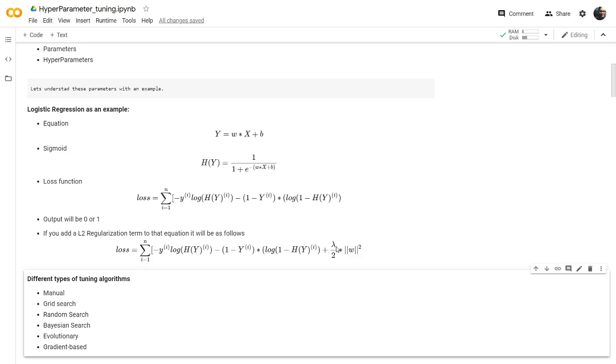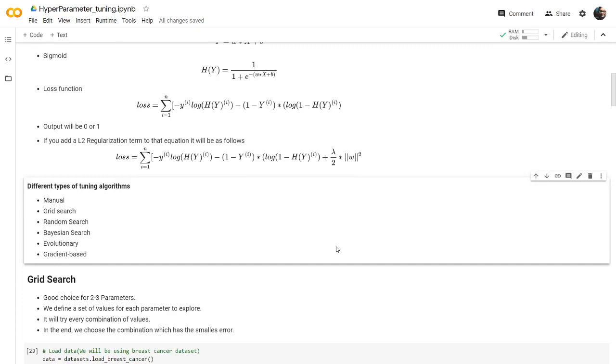Here we will be trying multiple lambda values to get the minimal loss, and we also try to balance between the bias and variance. We can also call it balancing between overfit and underfit. So this is how we will be doing it. Let us solve this with an example. We also have different types of tuning algorithms.